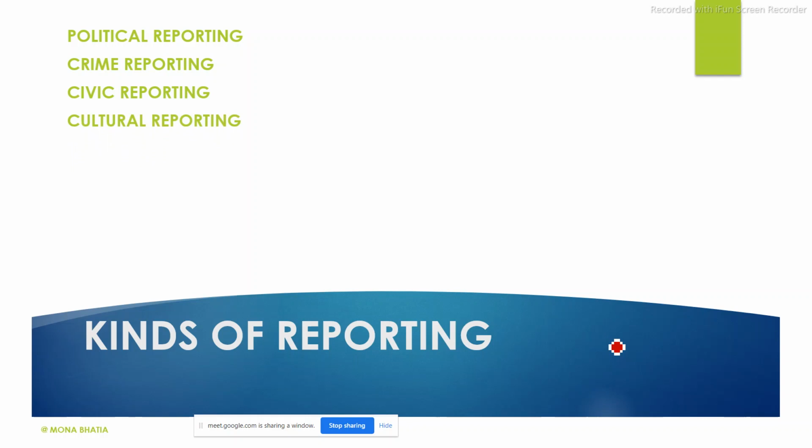Next is cultural reporting. And cultural reporting is something like whatever is happening in and around your area. Culture is very important. Why? Keeping ties with your roots is very important. And despite all that nuisance happening in the political world, civic amenities not being properly provided for, crime reporting and all, people get their satisfaction only by reading cultural reporting, because this is something very positive. It's the lifeline of the people in any area.